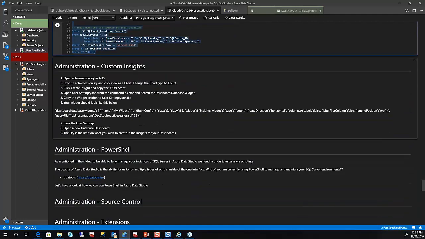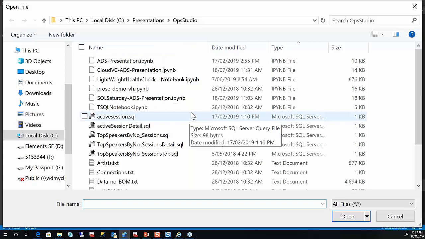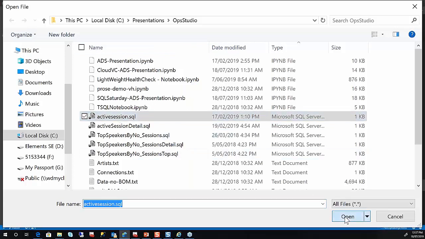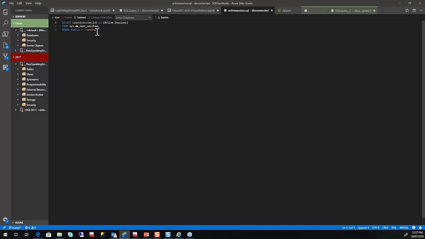So that brings us to insights, which we just mentioned. To create them and add them onto our dashboard, we already need to have a file which has the statement that we want to run. So to create that, if we open up our file, active sessions, we can see it's a very simple statement that we're going to run, but it'll come back and tell us what our active sessions are which are currently running. And so when we run that,